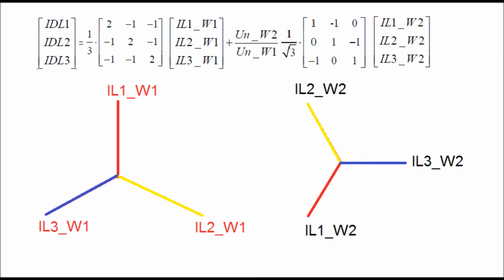The phasor diagram for the HV side winding current and LV side winding current is shown. On the left side is shown the HV side winding current, and on the right hand side the LV side winding current. There is a phase shift between the HV side and LV side: if the HV side red phase current is at an angle of 0 degree, then the LV side red phase current is at an angle of 150